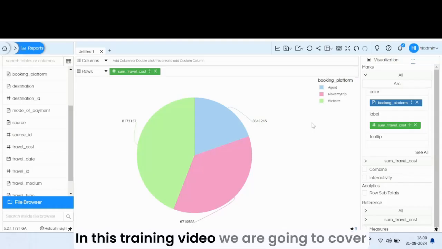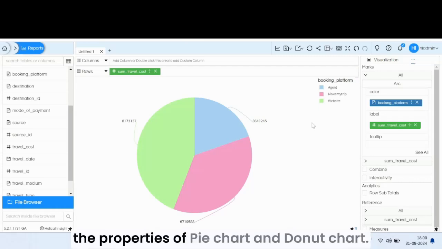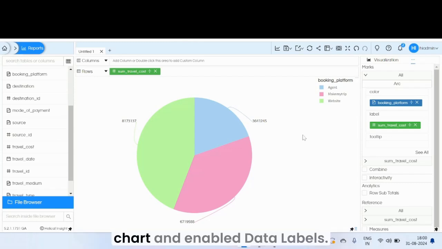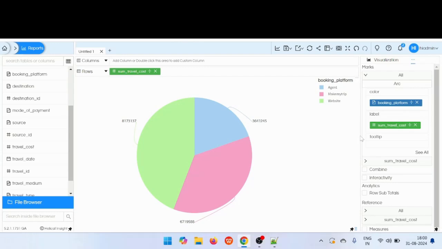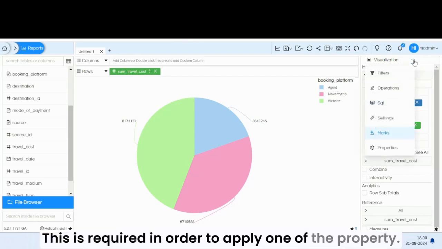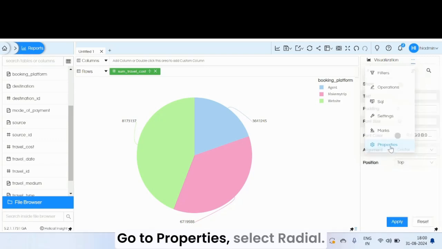In this training video, we are going to cover the properties of pie chart and donut chart. We have already created a pie chart and enabled data labels. This is required in order to apply one of the properties. Go to properties,